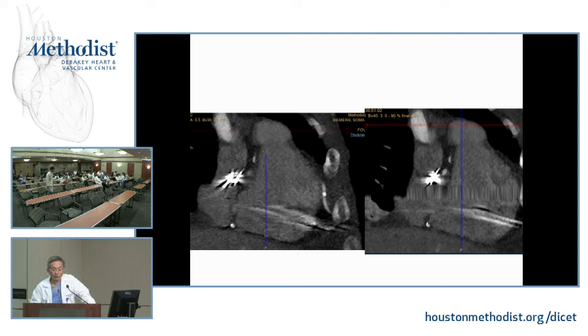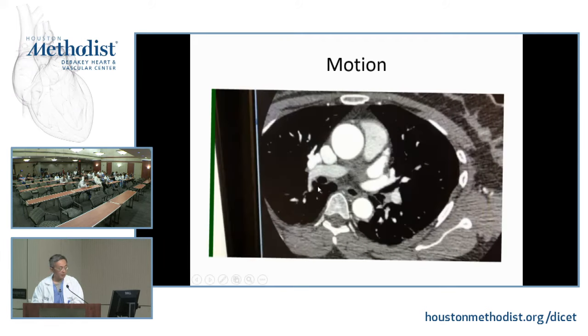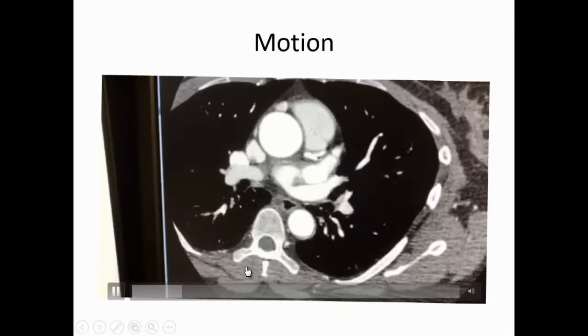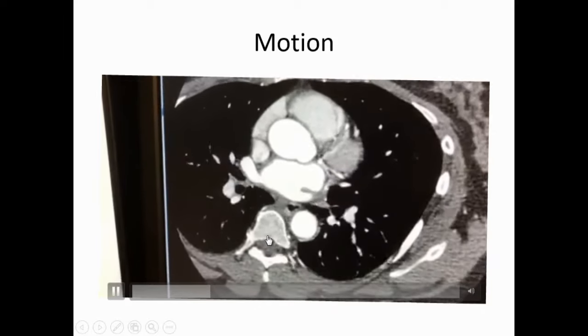It's important for you to recognize these, because for instance, this coronary artery here, going through this stitch artifact, you could have a little gap. You might think it's a significant lesion, but it's not, okay? So motion, real quickly, sometimes it's hard to notice just looking at actual images, but this one is so